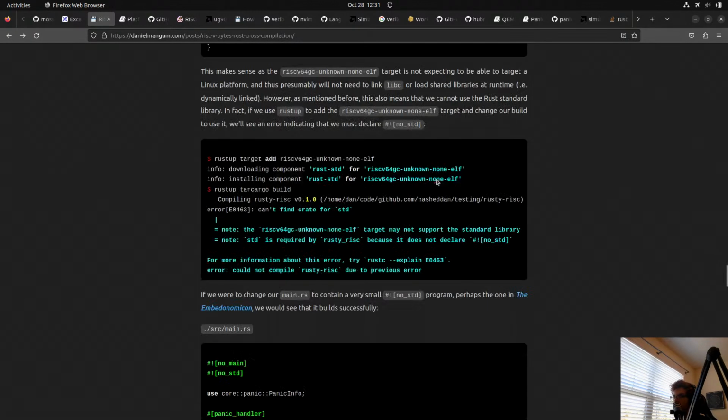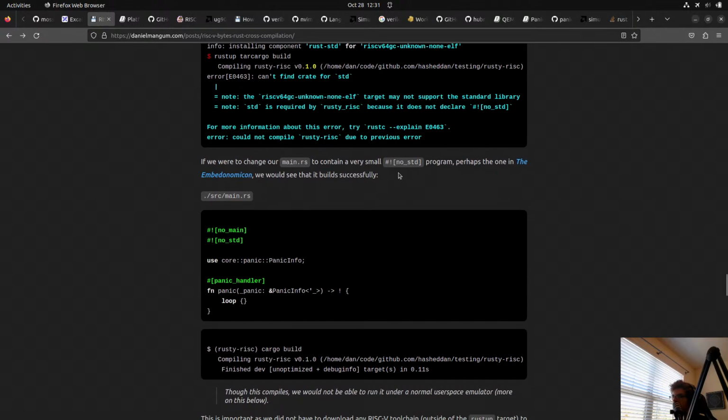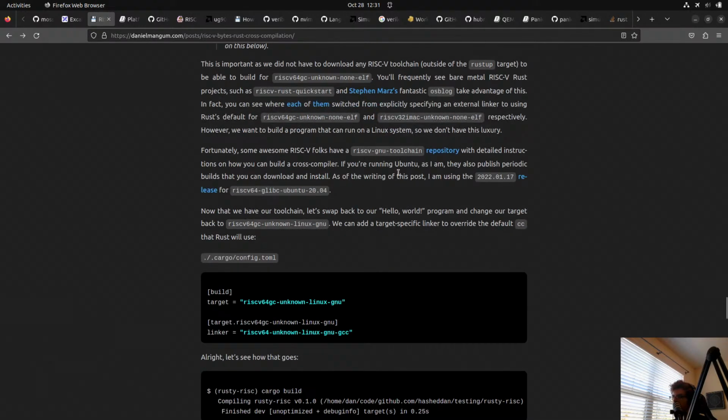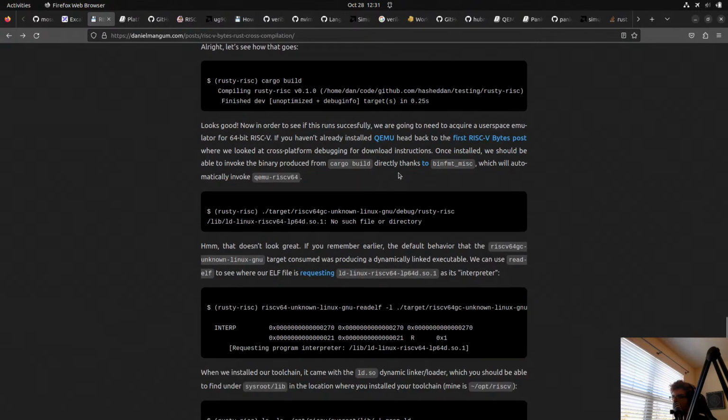Oh yeah, I actually dug through here. That looks like a typo. Cargo build.